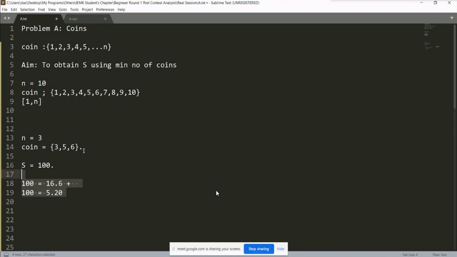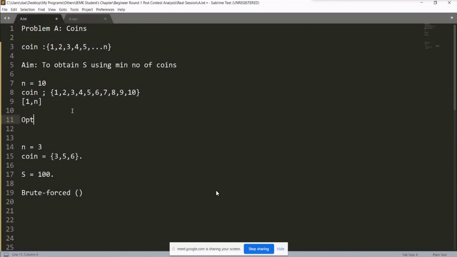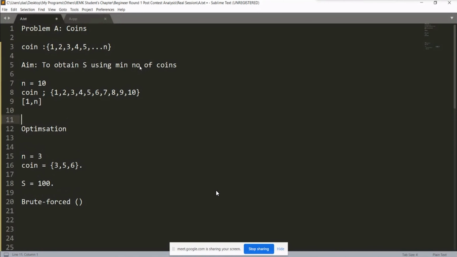So for your problem, it would be a brute force approach where you will have to try out each and every coin one by one. And maybe I think it can be optimized by DP because there might be some overlapping. By DP, you mean dynamic programming? Yeah, because this is an optimization problem, because you need to find a minimum.